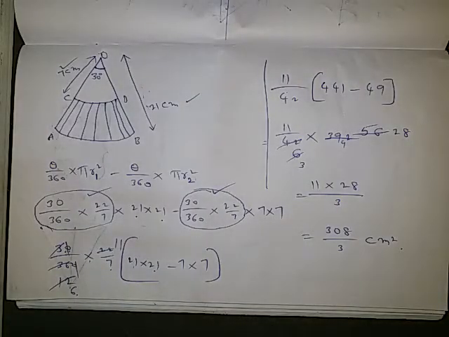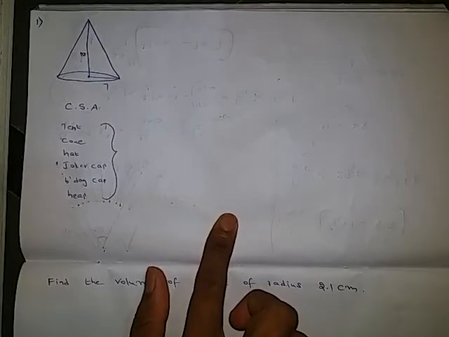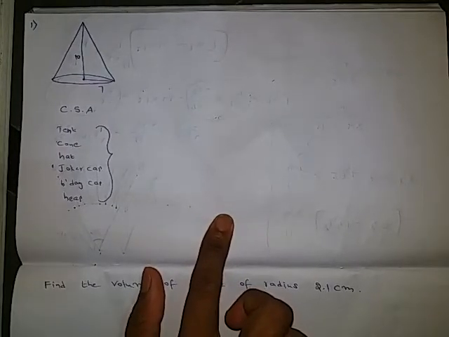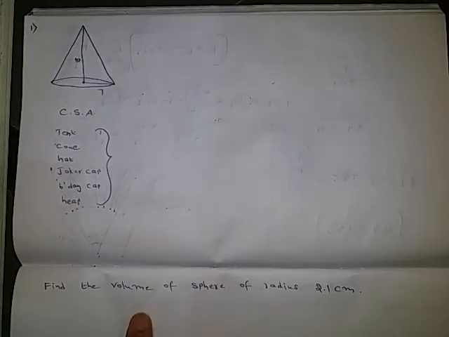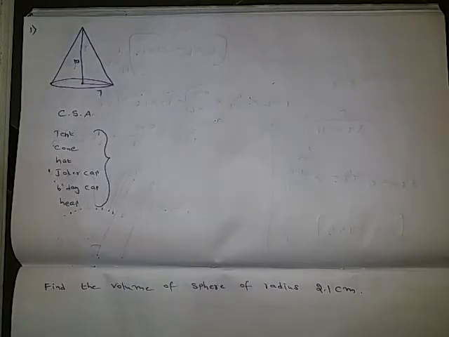So by this problem we completed tangents and secants to the circle also. So next let us move to the chapter mensuration. Okay, let's move to the next question. In the mensuration, the first type of questions they will ask is, they will give the figure or else they will give the name of the figure and they will ask you to find the area, maybe curved surface area or total surface area. Next, they will give a figure or name of a figure and they will ask you to find the volume. So let us check those kind of questions first.